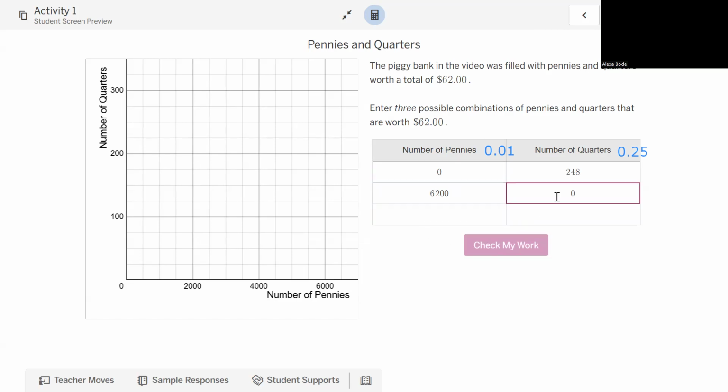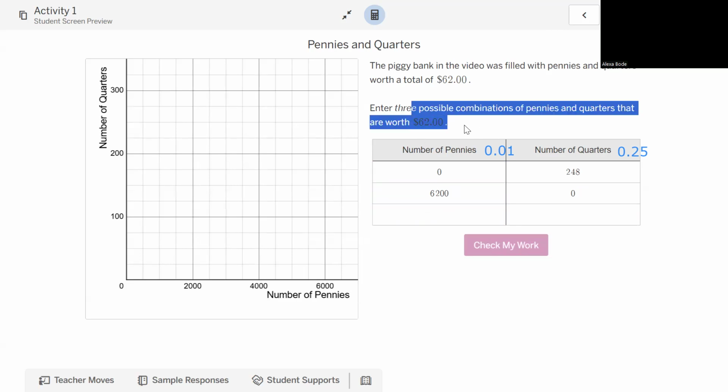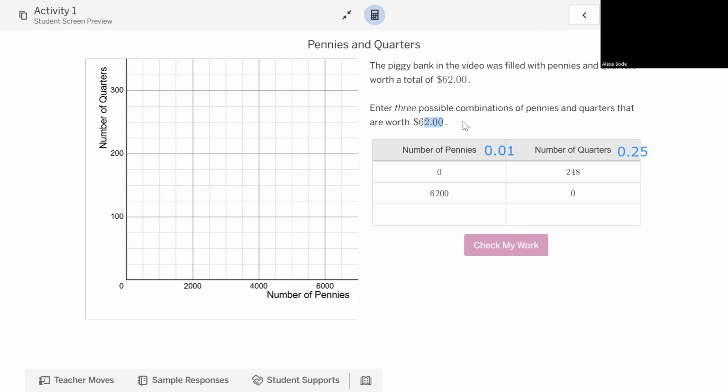Okay, and now our other one, we've already used up our zeros, so now we can basically pick whatever we want. So let's say that out of the $62, two of those dollars were in pennies. Again, I'm just picking something random. It doesn't have to be exact. I just couldn't do something like 1 penny and then some number of quarters, because one penny would be 1 cent, and this is an even dollar amount. But I can start with figuring out, let's say, if two of those $62 were pennies,